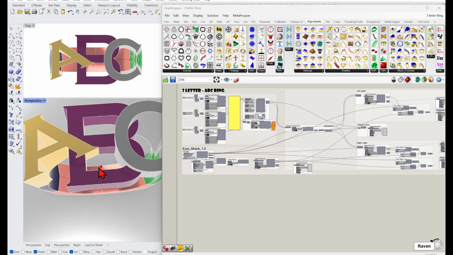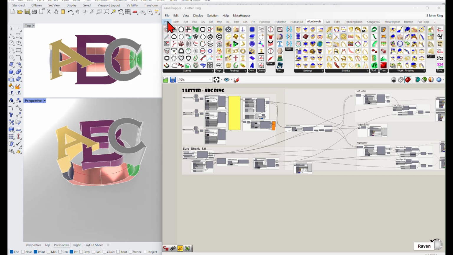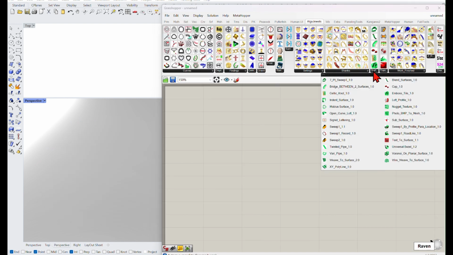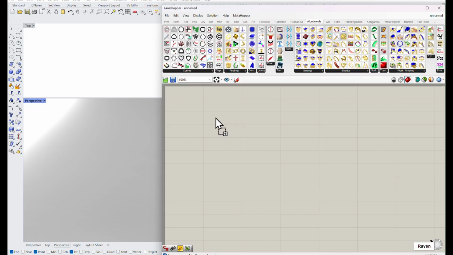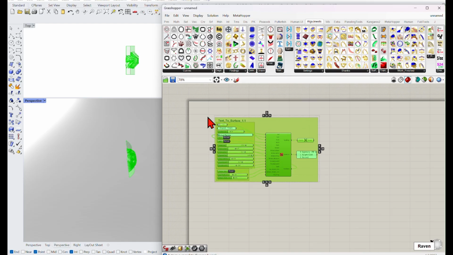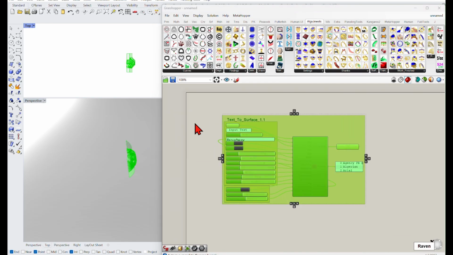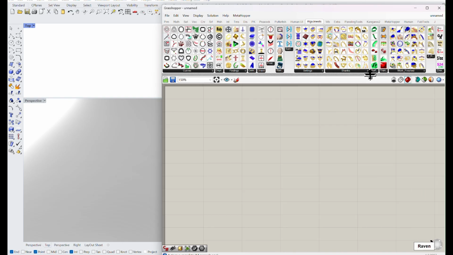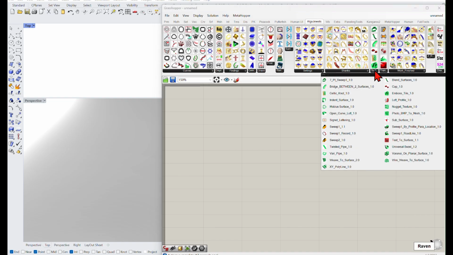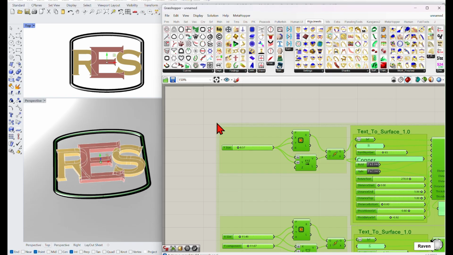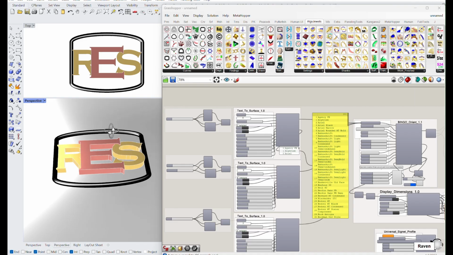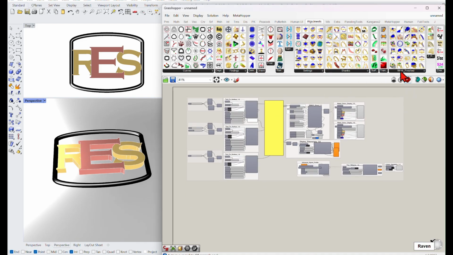This definition took approximately 2 hours to make. It was a combination of text to surface, where you create a surface and have a text file, new. We also used the signet ring letter spacing. You can see the layout here. The 3 letters. We used this and combined it with